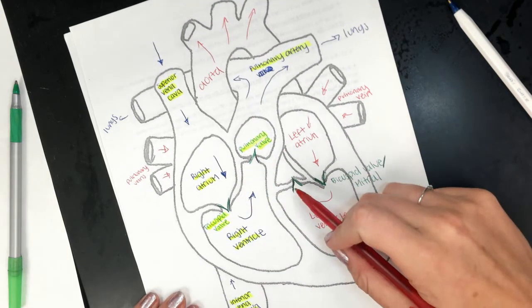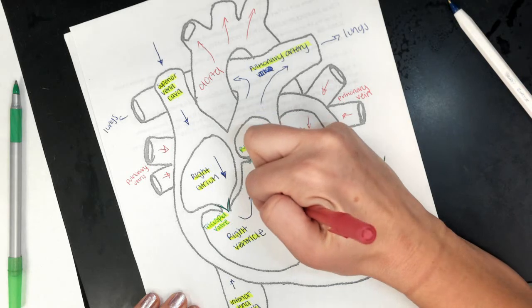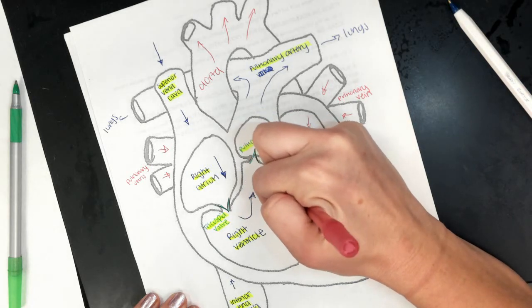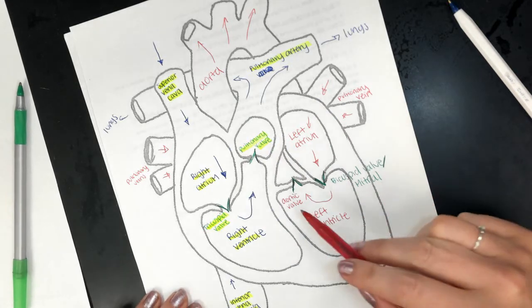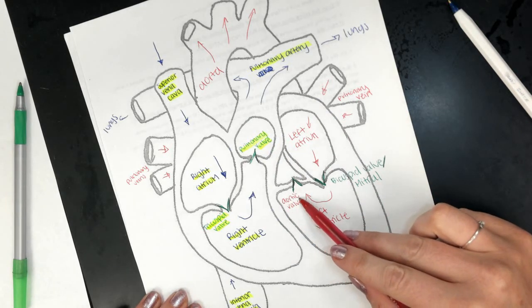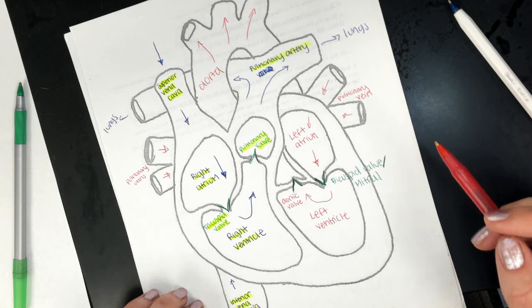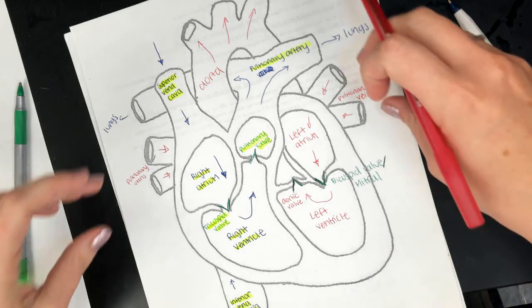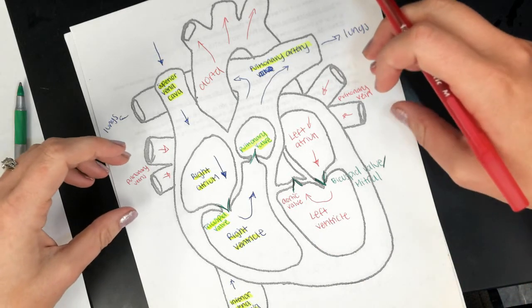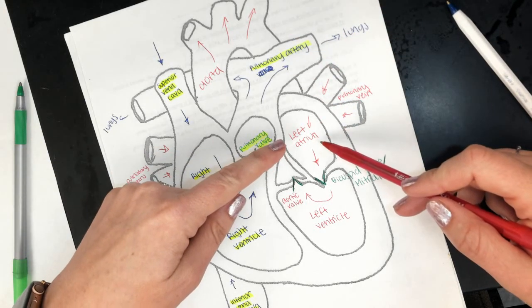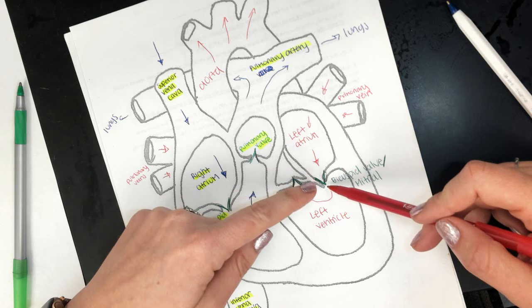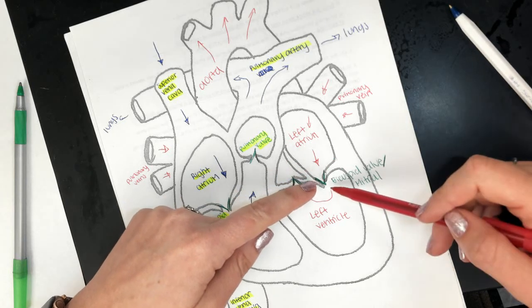So this valve is conveniently named the aortic valve. Okay. So we went from the lungs, so pulmonary, and then vein means towards the heart, into the left atrium, through the bicuspid or mitral valve,